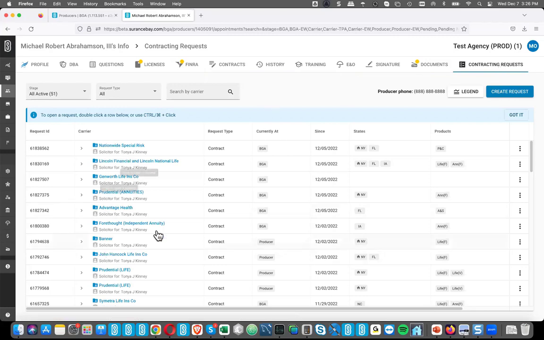And so here's that layout. And you can see we're actually including the DBA for that request right on the list. Because before you didn't know. There was no way to show that. Now we're showing it. And we're actually including the request ID as well. So that way, if you've got multiple requests for the same carrier, you can now, from a support standpoint, if you need to tell us what the specific ID is for troubleshooting purposes, you can see that right here.